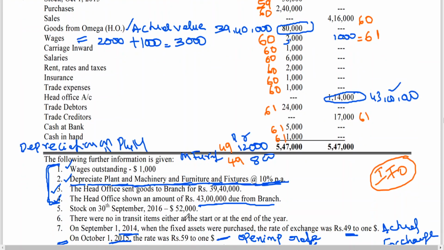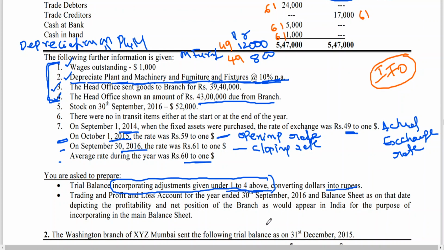And once that is completed, in all the problems on foreign branches we are only preparing final accounts, the trading P&L account, and if required, the balance sheet. Generally they will be asking you for the trading P&L account. In this problem they are asking for the balance sheet. Only one thing: at the conclusion of my last class, I told you that for integral foreign operations, the exchange difference will be taken to the profit and loss account. This we learned in the last class, am I right?